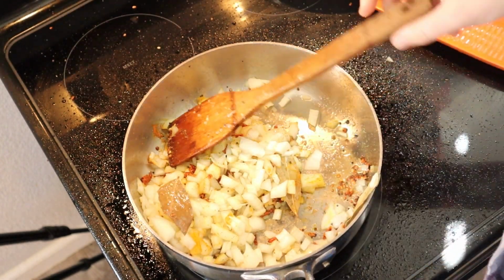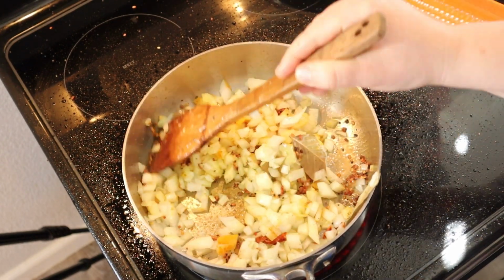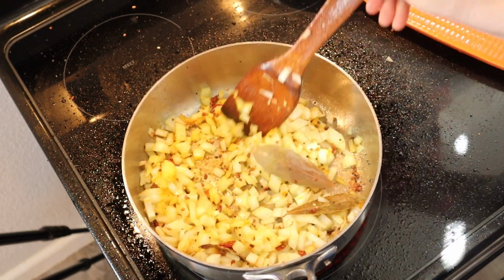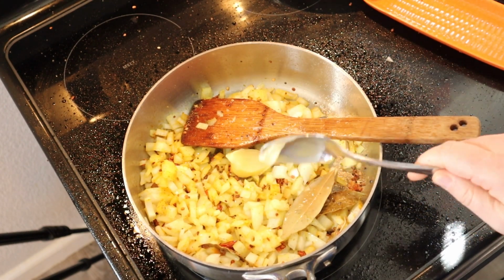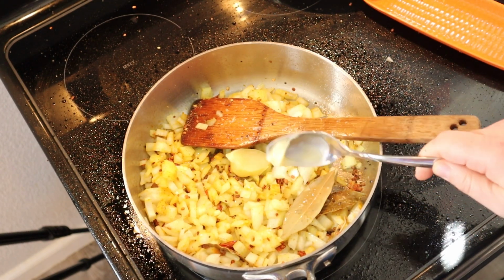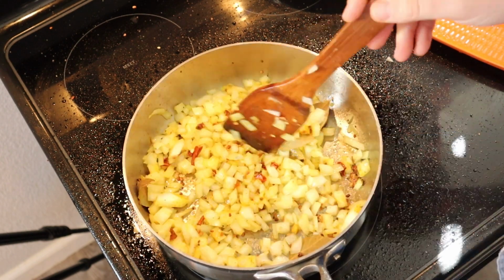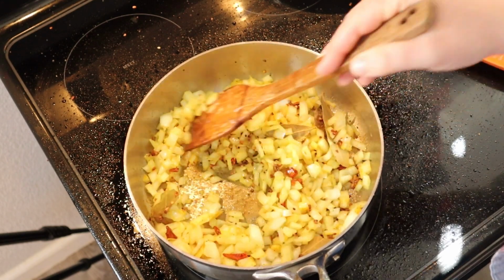And increase the heat back to medium. And we're going to add a little bit more ghee if we need it, and it definitely looks like we do. If you want to lower the calories in this, you can easily substitute some kind of stock instead of some of the oil. We're going to cook this, stirring occasionally, until the onions are softened and a little bit